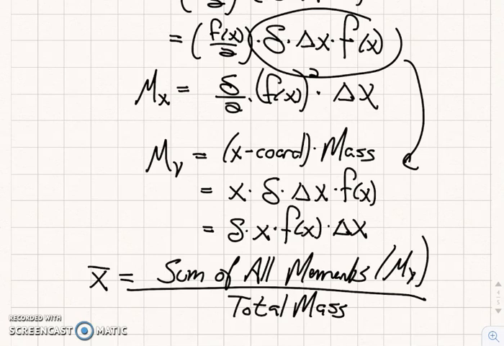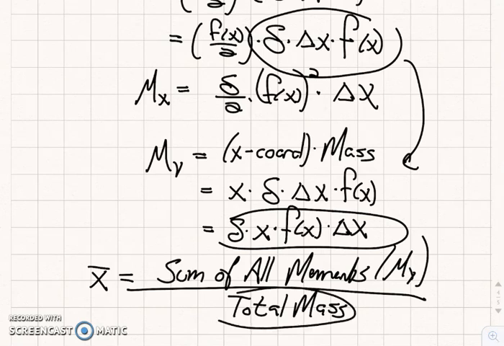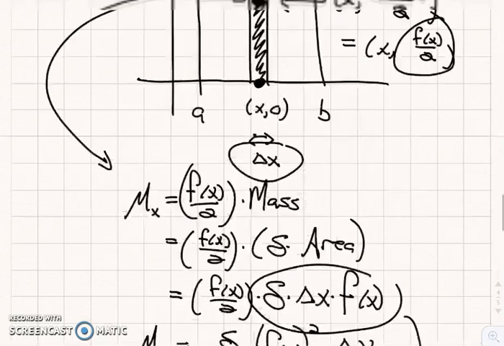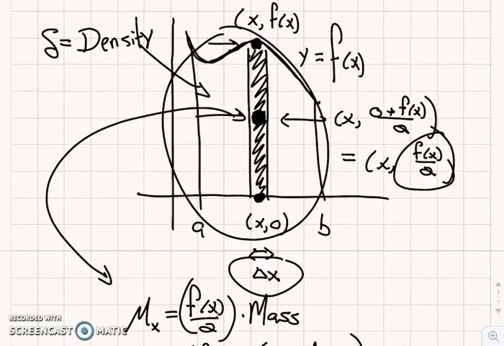We have the y moment, for example, for this one strip, and to get the sum of all y moments, all we need to do is integrate this expression. But we still need the total mass. What's the total mass of the system? Well, the total mass of the system is the sum of all of the masses of the vertical strips. The mass of this one strip that we had featured above, this one right here,